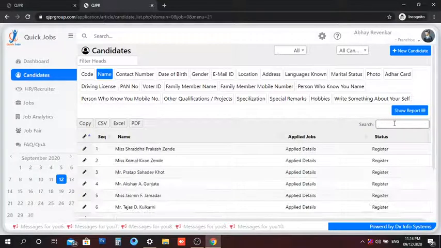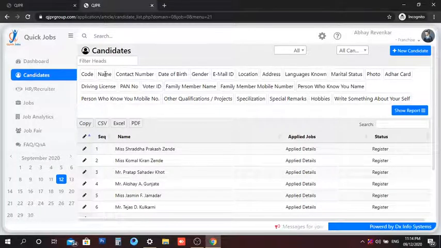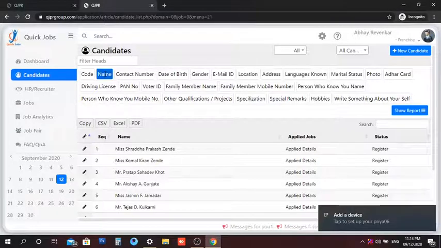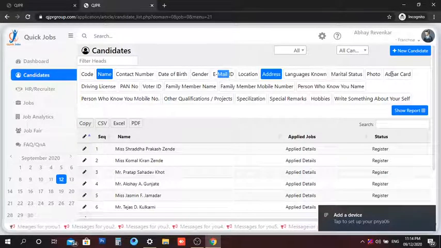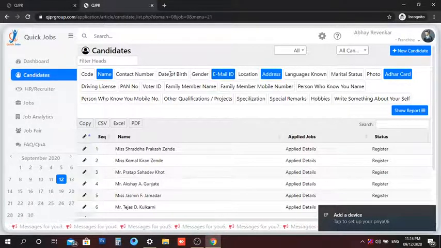Now the next thing is, if you want to make any kind of changes in the existing data, here you can simply click, like for example, if you want to make any changes in the name or address, email ID, Aadhaar card number, you can just simply click there, date of birth, and say show report.